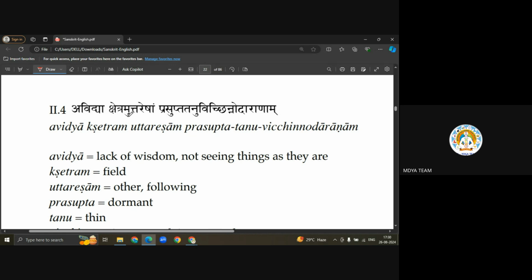Avidya kshetram uttaresham prasupta tanu vicchinna udaranam. Very good. So he's saying avidya is the kshetram, or the field, where the rest of the other